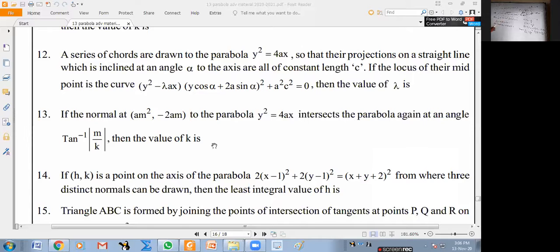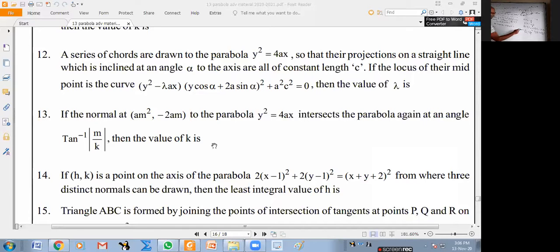But AB itself, I should have completed this. What is t1 minus t2 whole square? Let me write AB square as a square times (t1 minus t2) whole square, which is 4a x1 minus y1 square by a square. Okay, AB, I'll substitute in the next step.